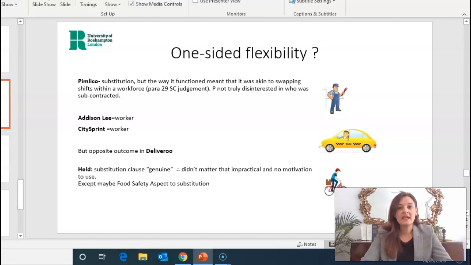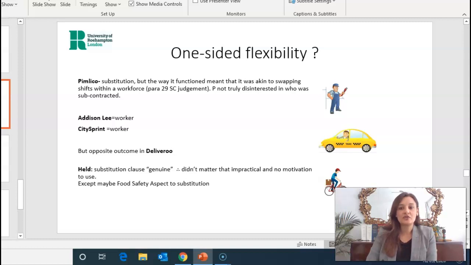it really is showing that this idea of flexibility, is it one-sided? Is the flexibility only for these large companies like Pimlico Plumbers and City Sprint or Deliveroo, Uber, or are these people workers or self-employed? Are they being exploited? So